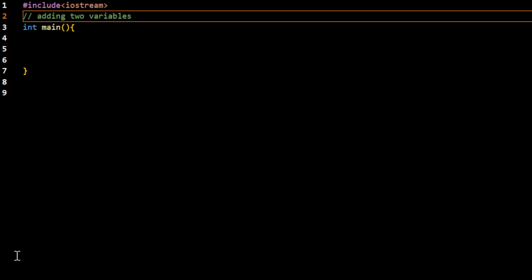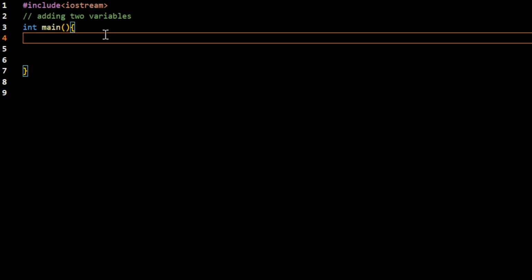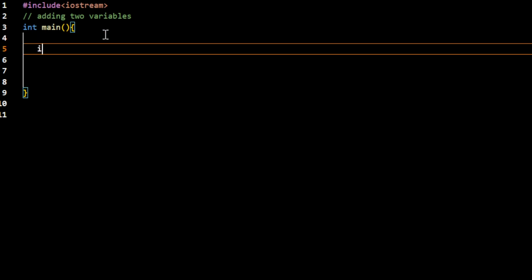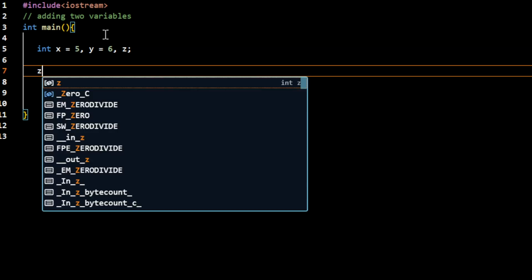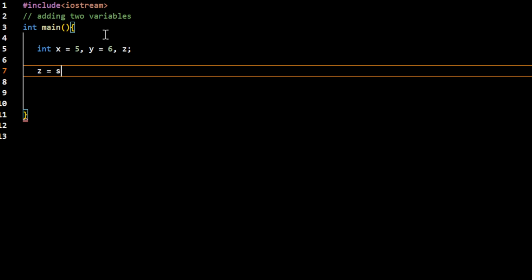Suppose I have two integer variables, int x initialized to 5 and y initialized to 6, and I have another variable z to hold the result of adding the two variables x and y. That means the result of the addition of x and y is going to be stored in z. So I want to have an operation something like this,